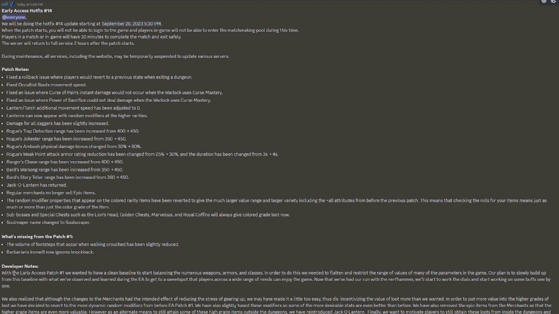Developer's notes. With the early access patch number 1, we wanted to have a clean baseline to start balancing the numerous weapon, armor, and classes. In order to do this, we needed to flatten and restrict the range of values of many of the parameters in the game. Our plan is to slowly build up from this baseline with what we've observed and learned during the EA to get to a sweet spot that players across a wide range of needs can enjoy. Now that we've had our run with the nerf hammer, we'll start to work the dials and start working on some buffs one by one. And it's important that they do it one by one. If they do too many at once, they won't know what went wrong